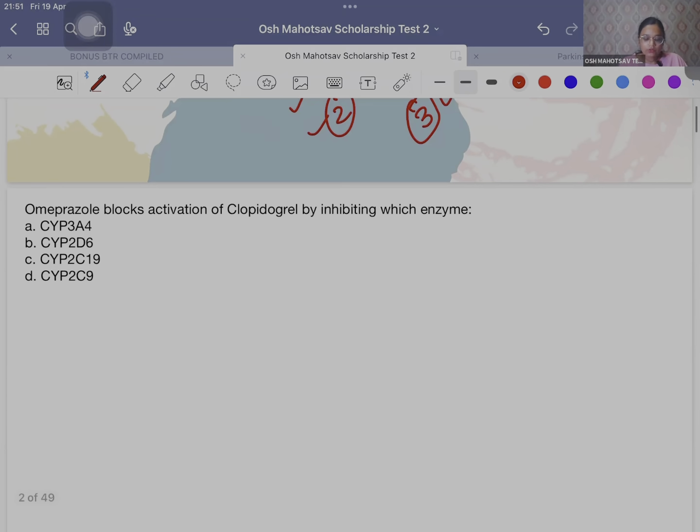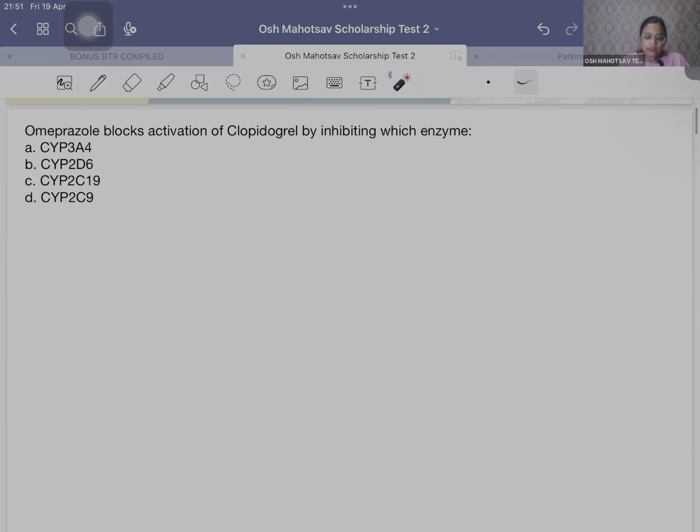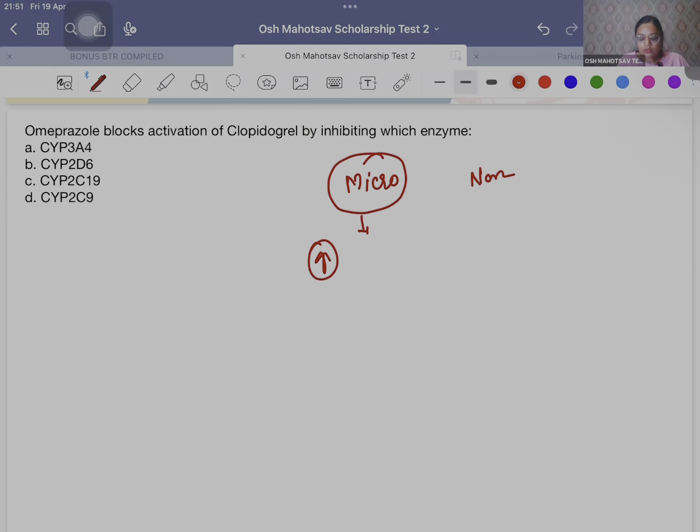The first question in our first variant was: when we are giving omeprazole, it blocks the activation of clopidogrel by inhibiting which enzyme? In pharma, we have two types of enzymes, microsomal and non-microsomal. Only microsomal can be induced or inhibited. So we have particular inducers and inhibitors for our microsomal enzymes. The main inducers to remember are griseofulvin, then phenytoin,